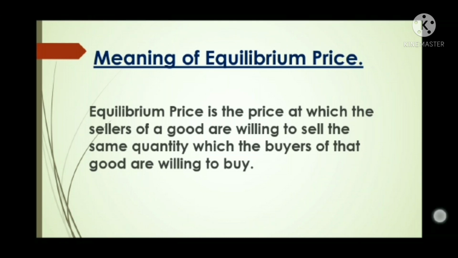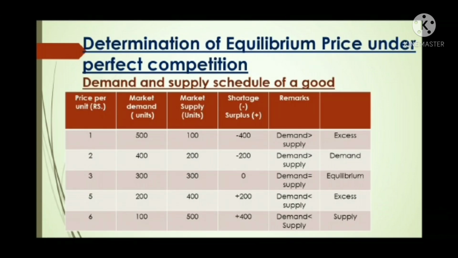Next, determination of equilibrium price under perfect competition. Under perfect competition, no single firm or single consumer can influence the price because of the negligible share in total market supply or total market demand. Price is determined by the collective action of all firms and all the consumers. In other words, it is the market which determines the price of the product through the market forces of demand